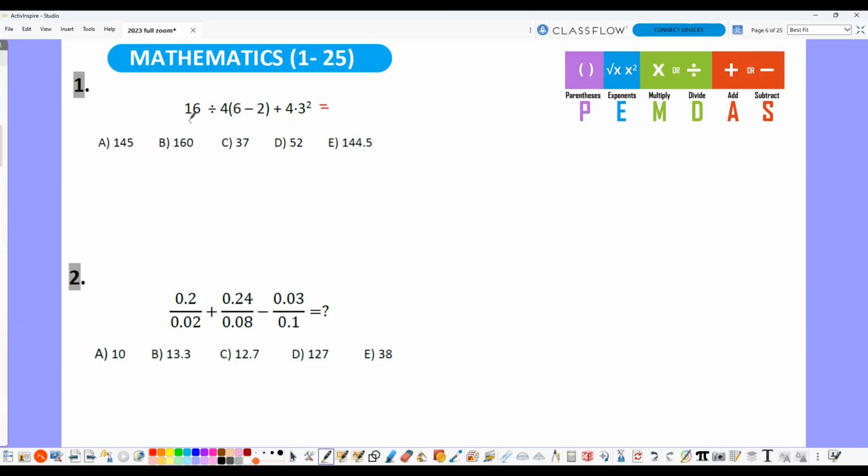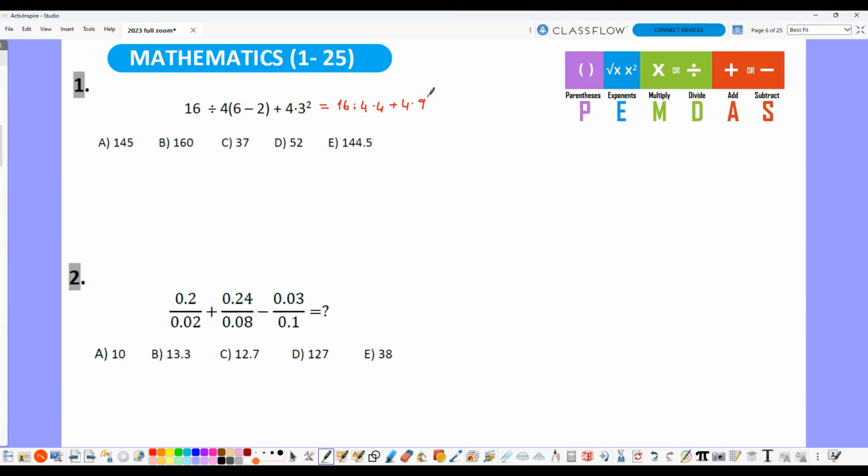So here, we are going to start with 16 divided by 4 times 6 minus 2, which is equal to 4. Then plus 4 times 9. Now this plus sign is like a separator. We can think the left side is one operation, the right side is another operation. That's why, with these plus and minus signs, you can do the operations on both sides